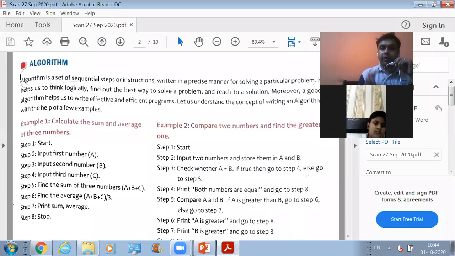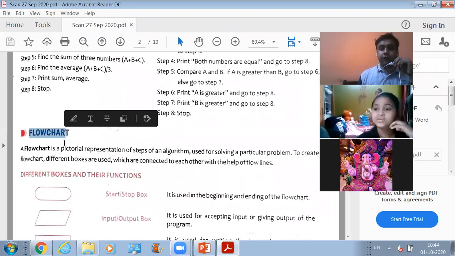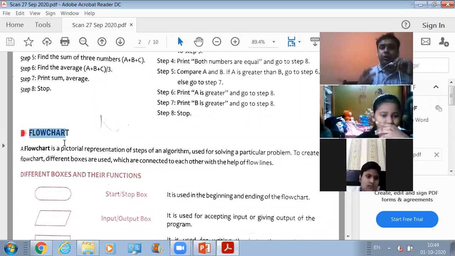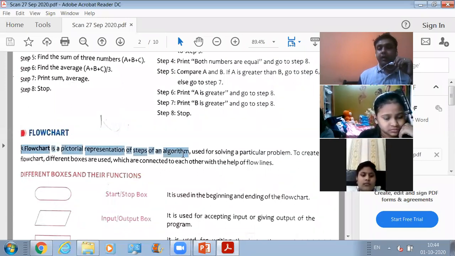Now, if you want to represent an algorithm in the form of a picture, how can you do that? You can do it with the help of a flowchart. Flowchart is nothing but a pictorial representation of the steps of an algorithm.